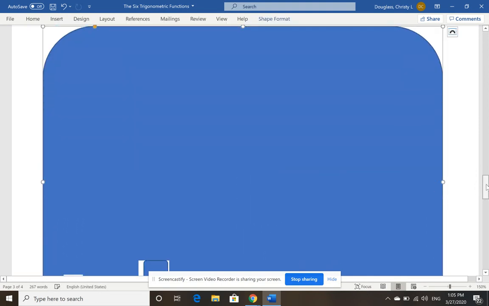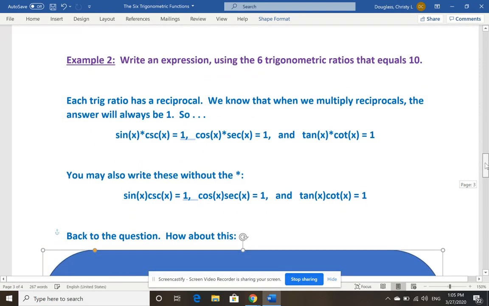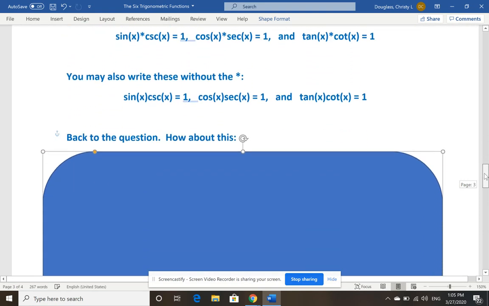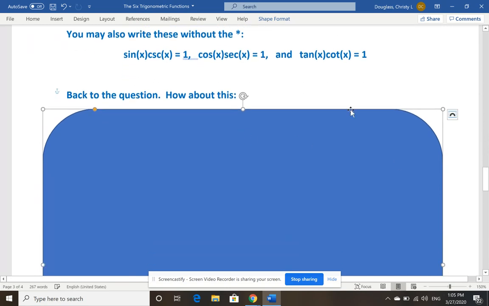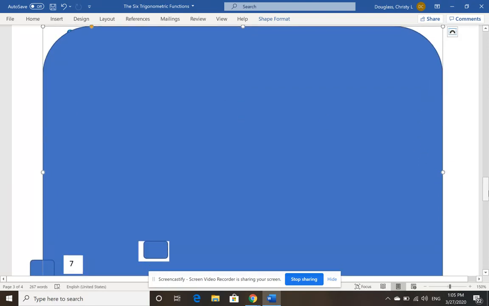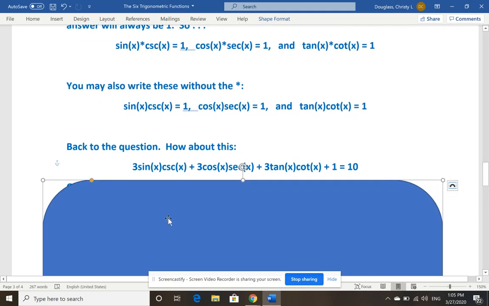Remember what the question asked. It said, write an expression using the 6 trigonometric ratios that equals 10. So now that I know what these 6 equal, then I can simply write an expression such as 3 times sine x cosine x. Remember, sine x cosine x equals 1, so 3 times 1, plus 3 times cosine x secant x, well, that